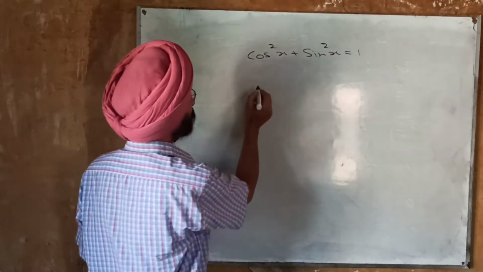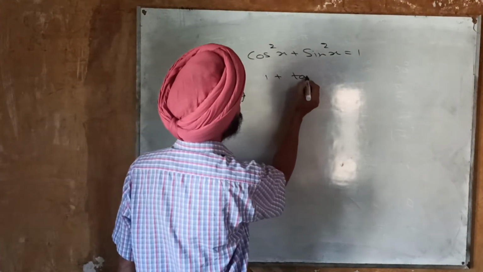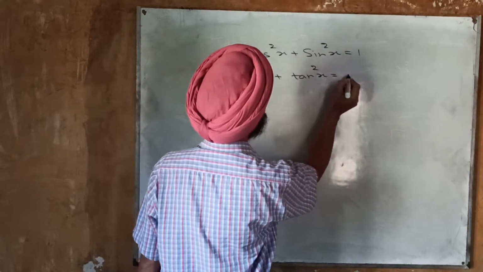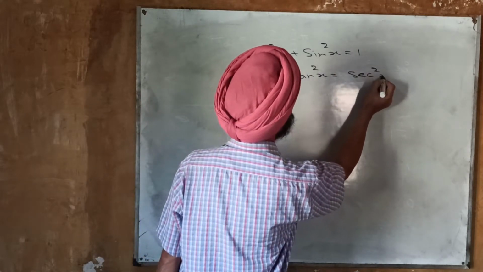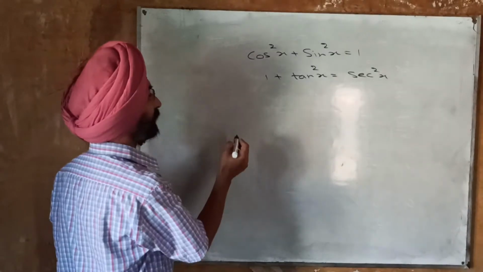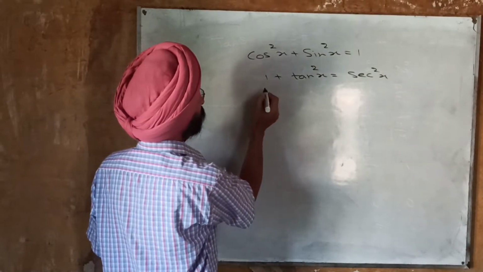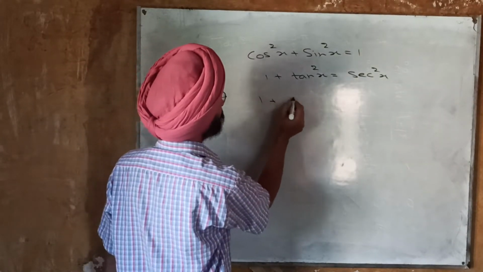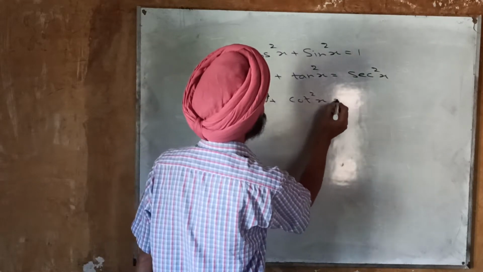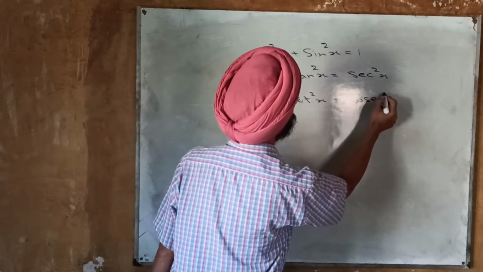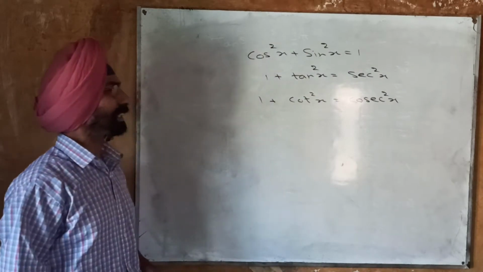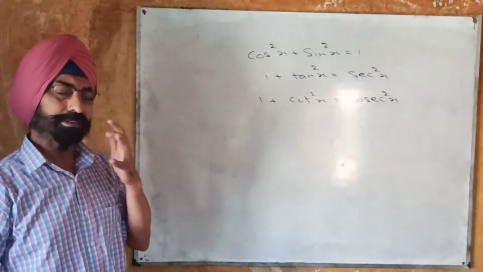The second one is 1 plus tan square x is equal to secant square x, and the third one is 1 plus cot square x is equal to cosecant square x. So these are the three basic identities which we will use